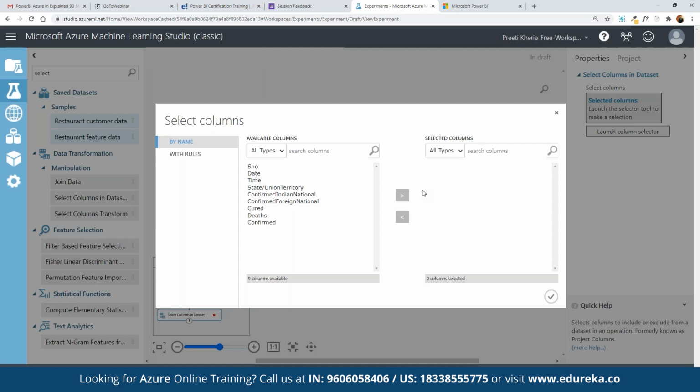And currently we have these different data pointers available. So we have to choose from these data pointers only, which data pointer we want to work with. So here we can make a selection accordingly. Let's say here we are going to work on the prediction for the survival rate. So let's suppose here we want to include confirm international.